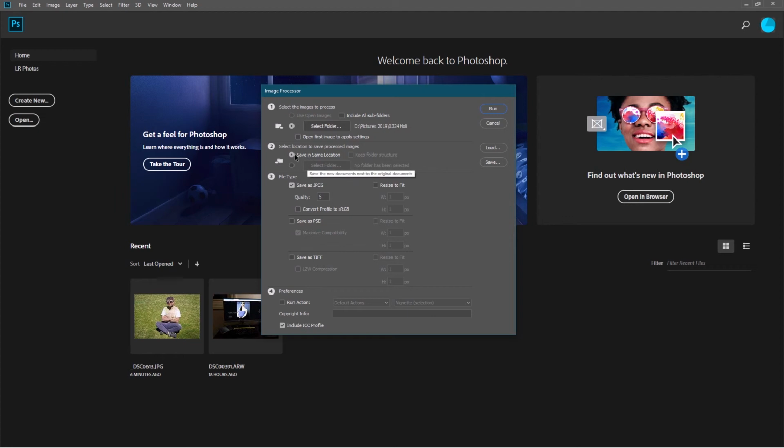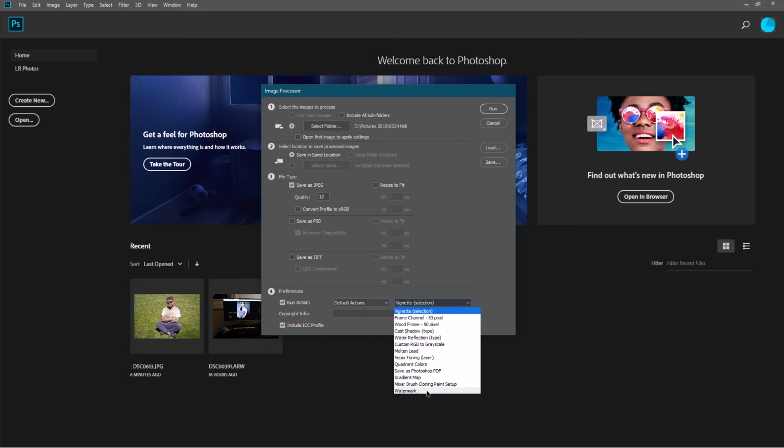So if you want to save it in the same location, leave it at that. Quality ranges from 0 to 12. I'll leave it at 12, and click run actions. And default I want to add watermark. Let's say I want to have copyright information over there. Hit run,